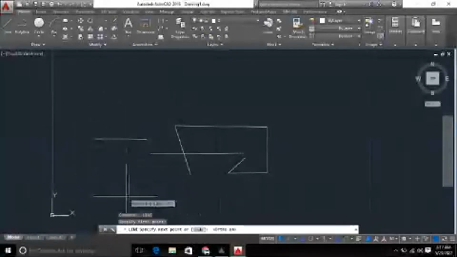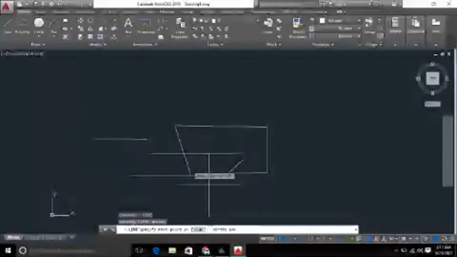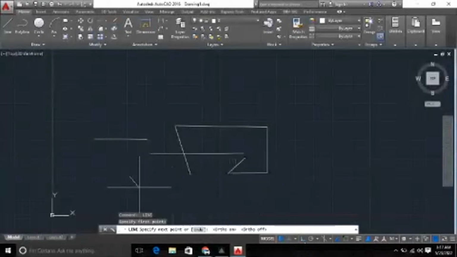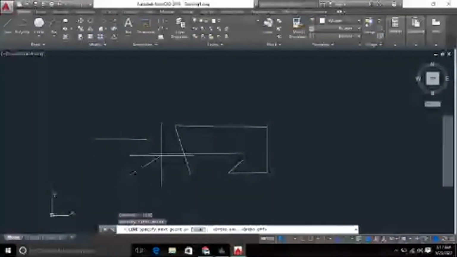That is the command we call ortho. You can also turn ortho on from here. You are seeing restrict cursor orthogonally. You can click here. See, now you can draw a line at any angle. If you don't want to draw